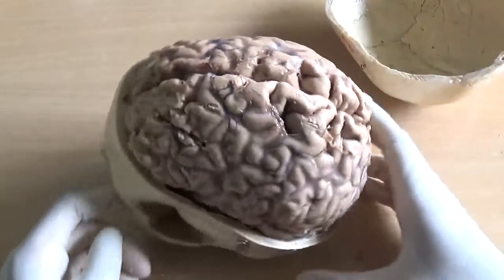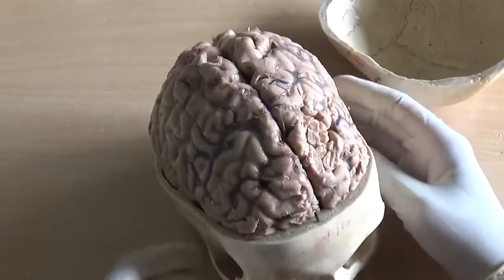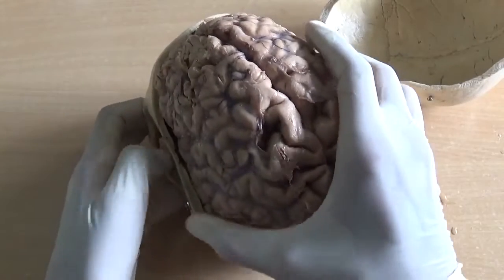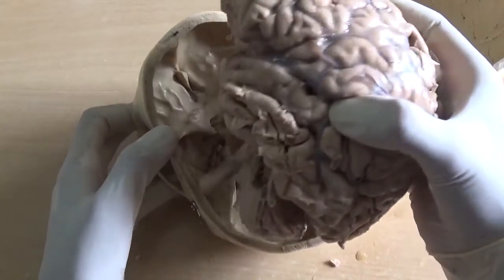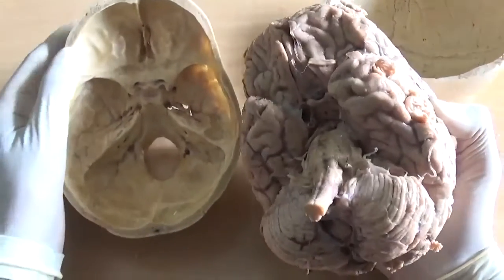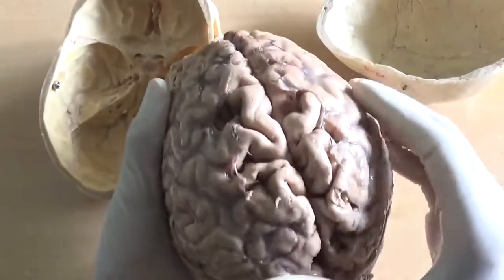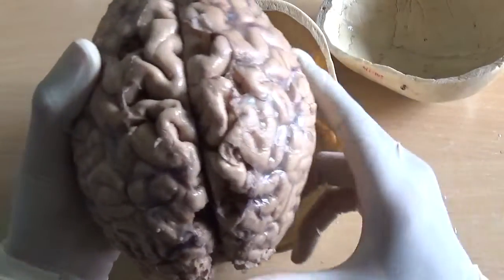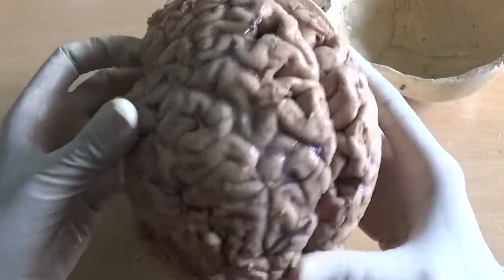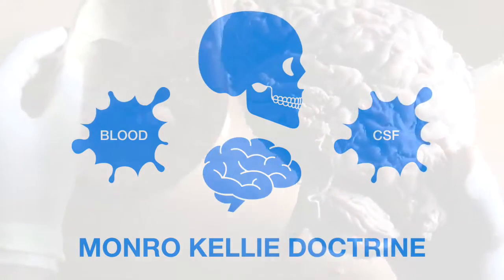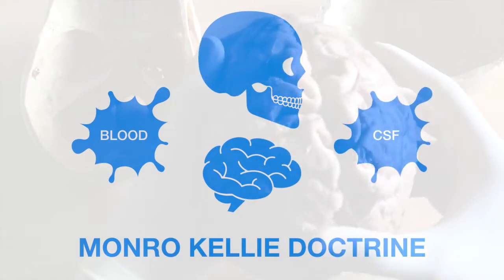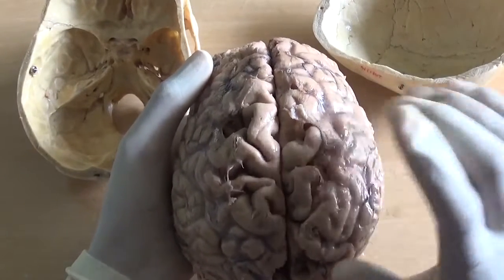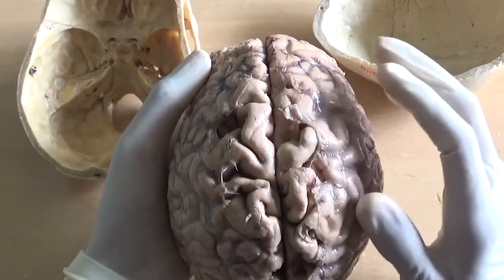Now, it's just to give you an orientation about how it is lying within the brain box. We have removed the dura mater, and this is to show you how it is lying deep inside. So this is the brain, and as you have seen just now, there is hardly any space left once we put it inside. So according to the Monro-Kelly doctrine, three tissues are lying within the brain box, that is brain, blood and CSF. Now there is hardly any dead space for any of the three to expand.